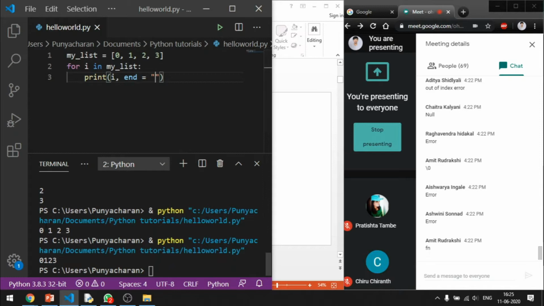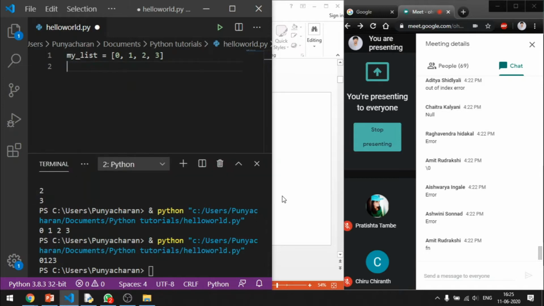Now, if you don't want any intermediate spaces, you just clear that extra space in the end variable, and you'll have all the elements printed consecutively without any space. So this is one way, using a for loop. Using a for loop, there is one more way of doing this.